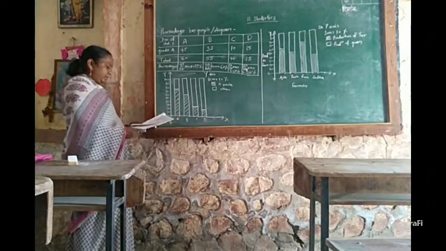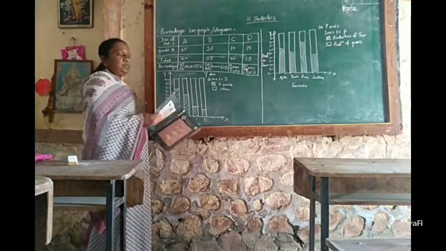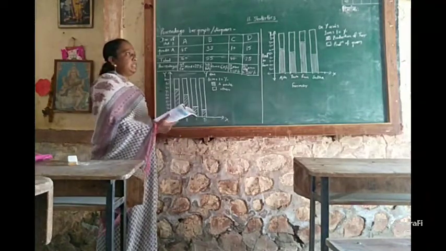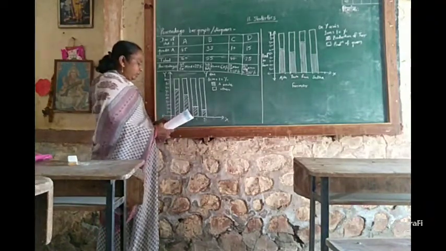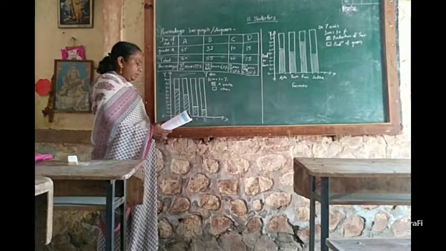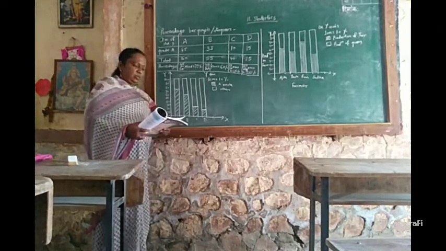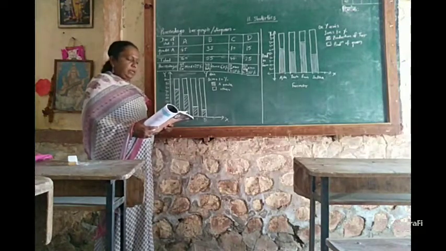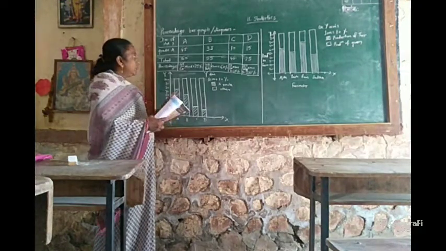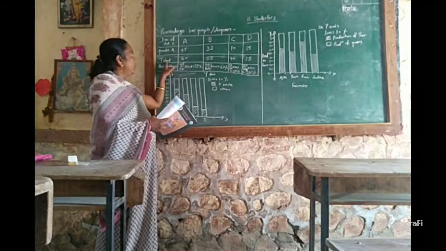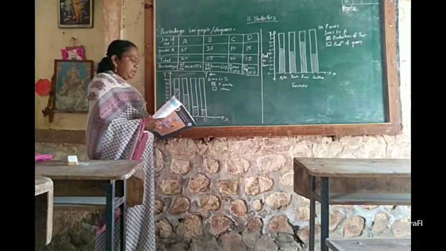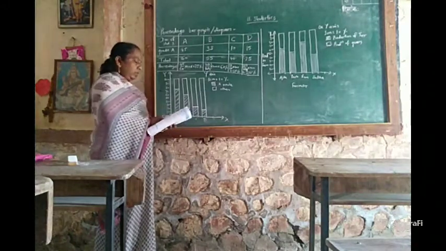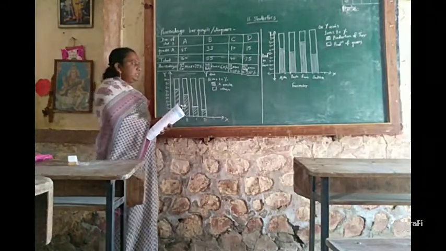Here we have completed the first example from practice set 11.3. There are 3 examples. In the third example also, it is the same as the first. They have given us the information about the inclination towards the science stream and the inclination towards the commerce stream. 4 schools are surveyed here, and they have given the information. Here we have to find the total, the percentage, and then draw the percentage bar graph as I showed here. You have to solve this example yourself.